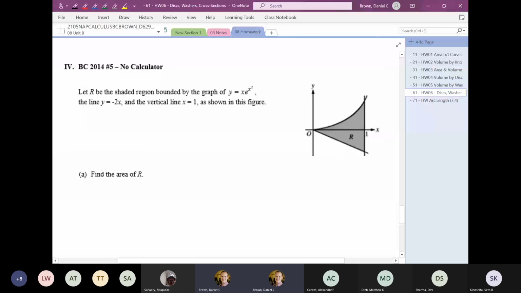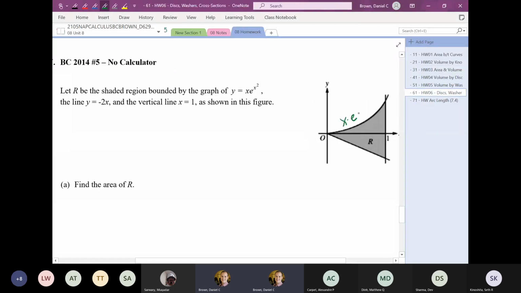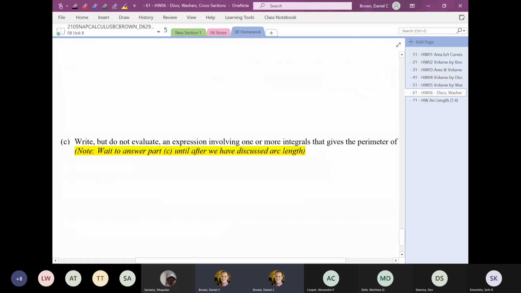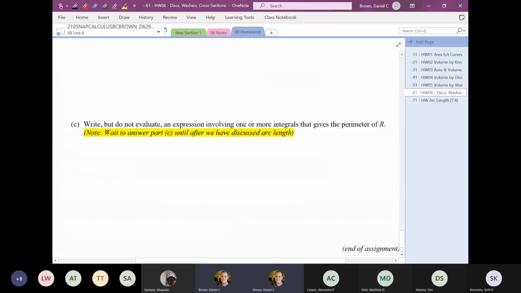So we have this shaded region bounded by the graphs of y equals x times e to the x squared, which is basically going to be this top one. I'm just doing all this because not everyone may have started out. The line y equals negative 2x, and then the vertical line x equals 1. So part C, we want to write, but do not evaluate, an expression involving one or more integrals that gives